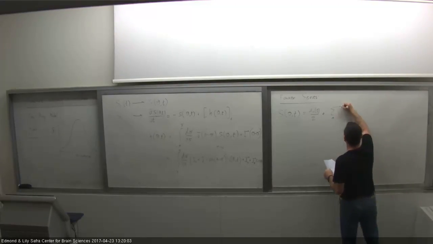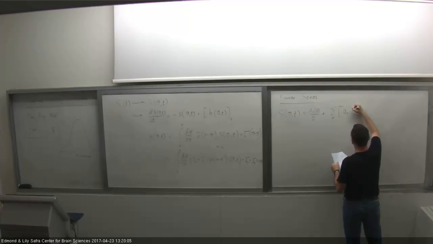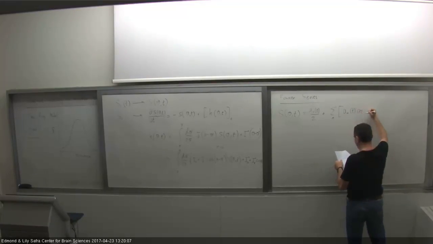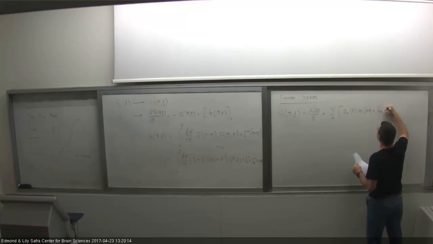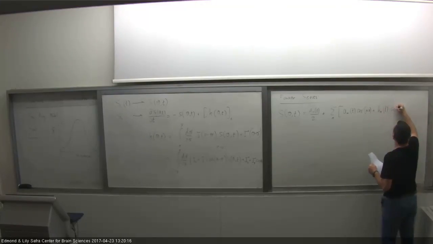So there will be a sum over n of a_n of t cosine of n theta plus b_n of t sine of n theta,